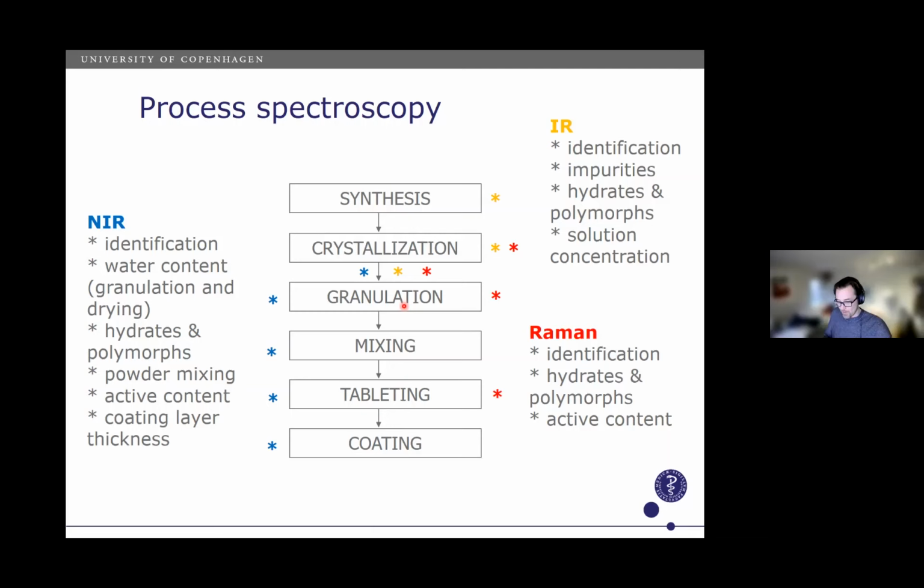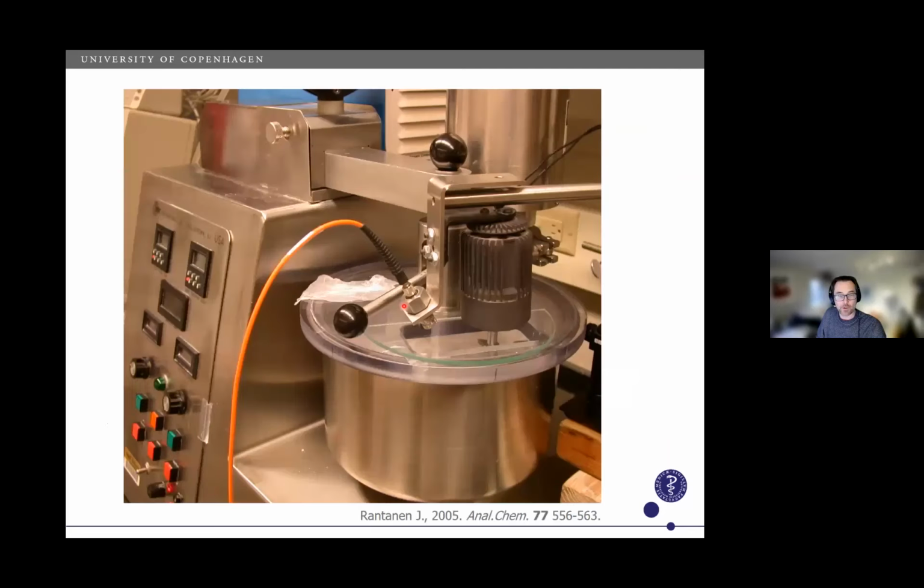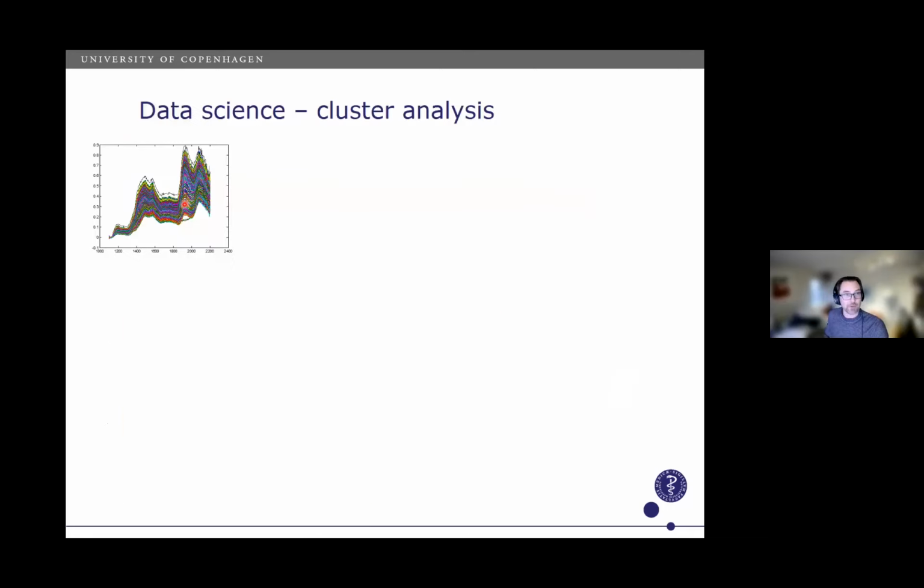Many of the existing commercial continuous production lines, for example the GEA continuous granulation line, are based on NIR measurements. So it is commonly used, and the same tool and same data analysis is used there. In principle, this could also be a continuous production line. We could have continuous material movement here, and we would do the same NIR measurement and collect the same type of information. I'm not going into details of this spectrum, but what you can see here